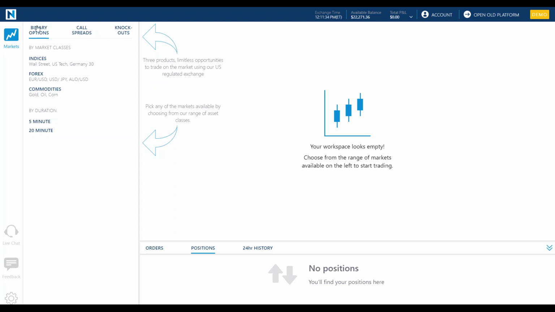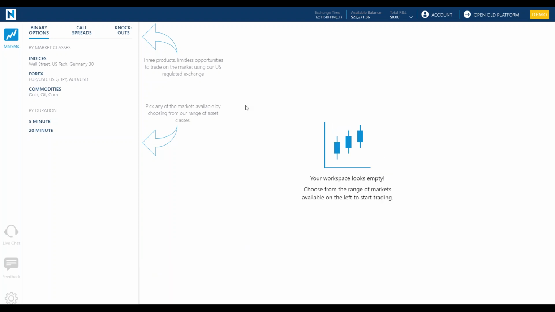Okay, now let's talk about binary options. Oh, by the way, you'll notice that your positions panel is down below, which I'm going to hide, and then your workspace, which is currently empty, but let's go ahead and populate it with something. I'm going to jump into binary options, and you'll notice that we have them broken out into different sections: indices, global indexes, foreign exchange, commodities, and we even have some short-term